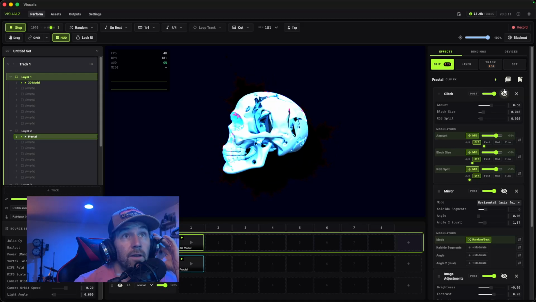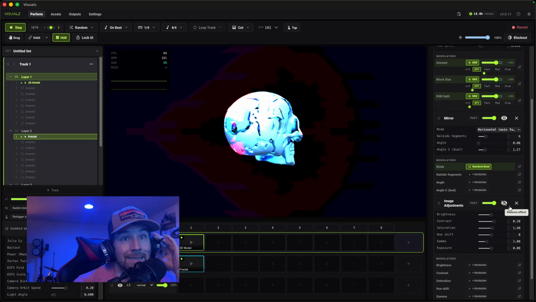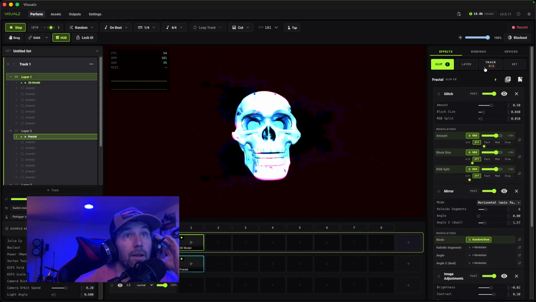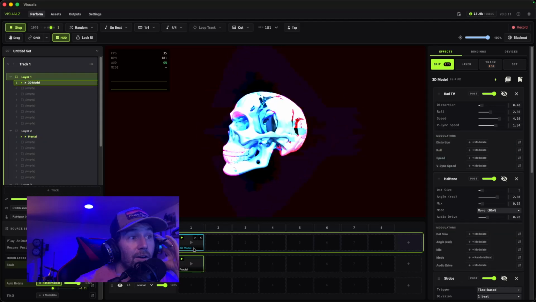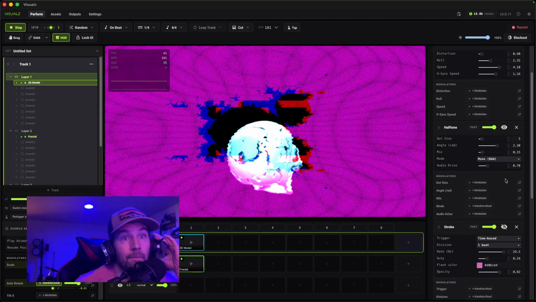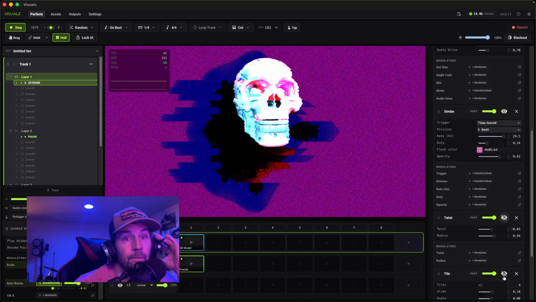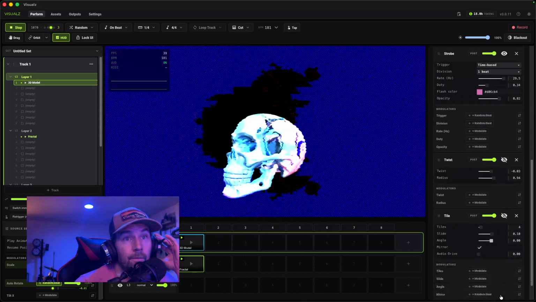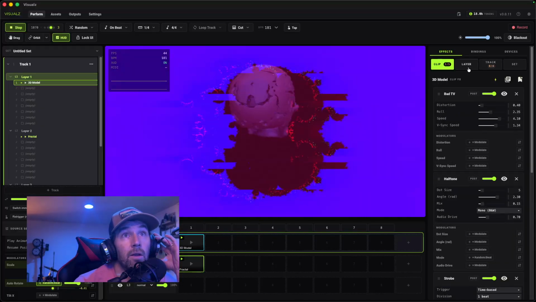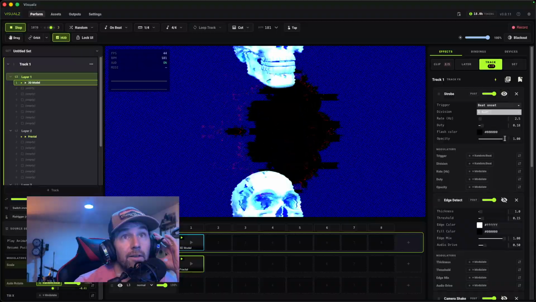Turn back on the clip effects on the fractal. Turn back on the clip effects on the 3D model. We'll leave tile off. Now turn back on the clip effects